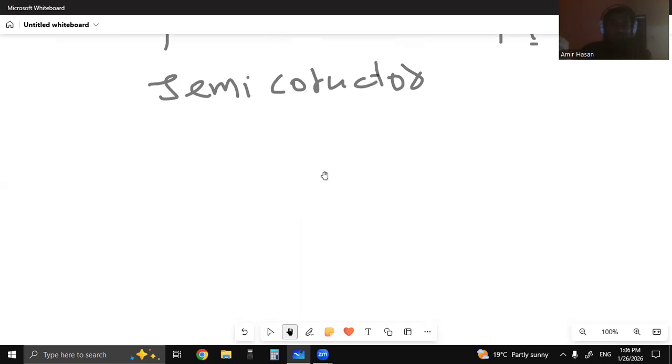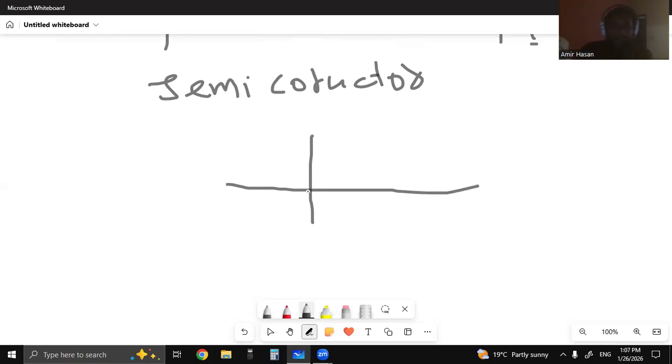In a semiconductor, basically, there is a threshold situation, which is known as the threshold voltage. Now, what happens when we apply the voltage on the semiconductor? According to the semiconductor structure, if we draw the graph of current and voltage,